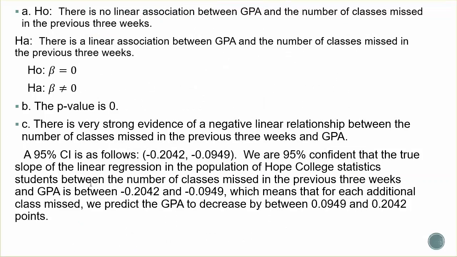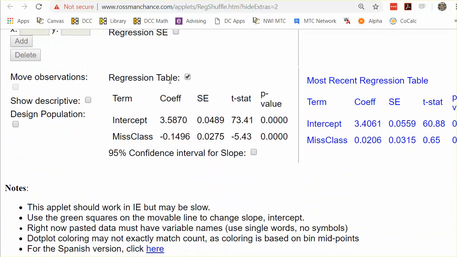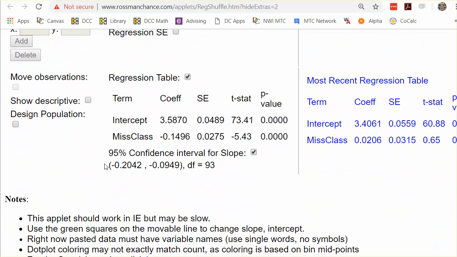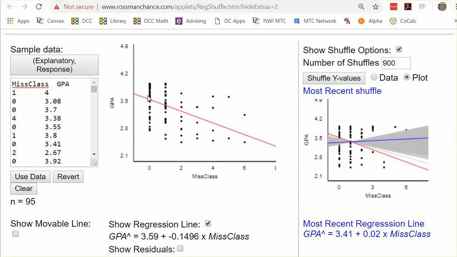And then I wrote out a sentence about the 95% confidence interval. So let's see, how do you get the confidence interval? Well, once you do the regression table, you can just click this button and it makes it for you. This is a theoretical based confidence interval. And so before we do this, we should probably at least check that our